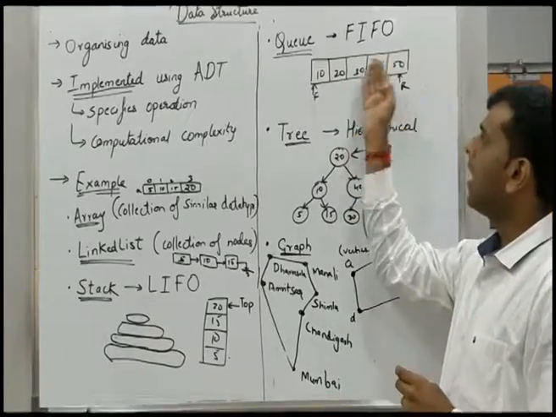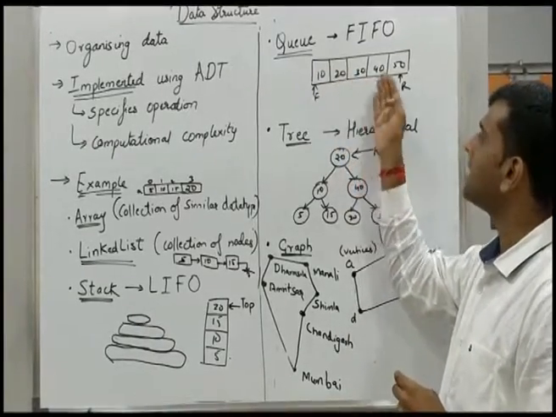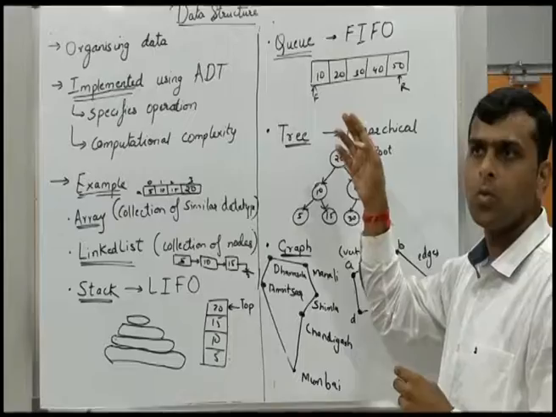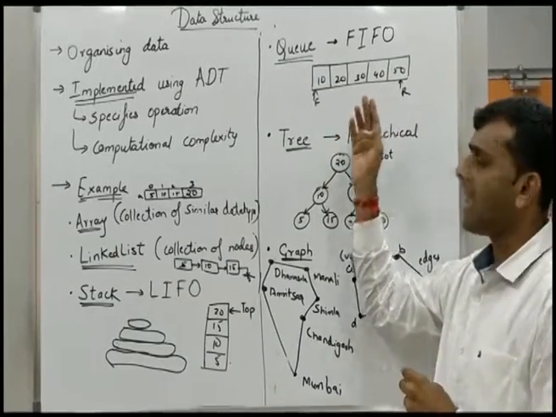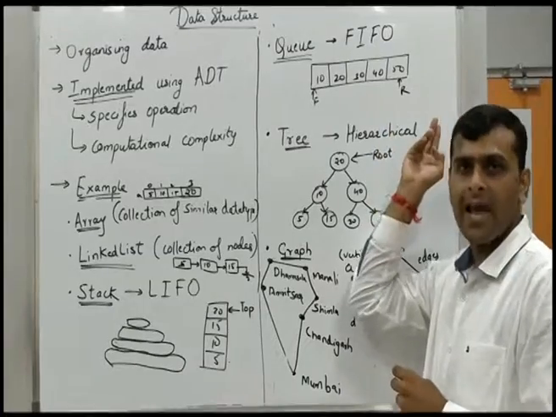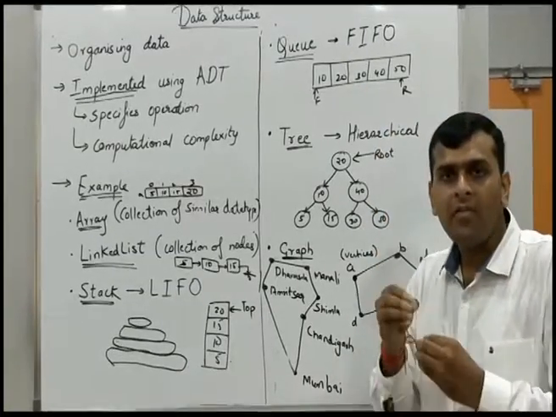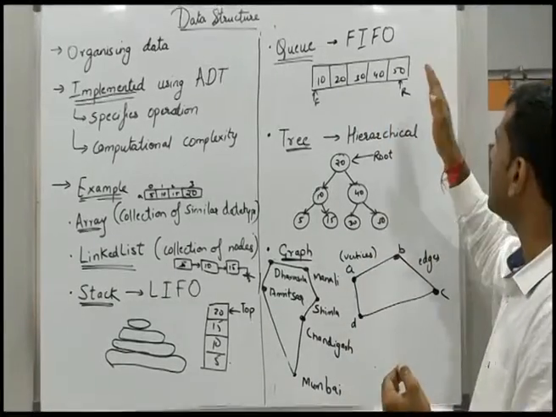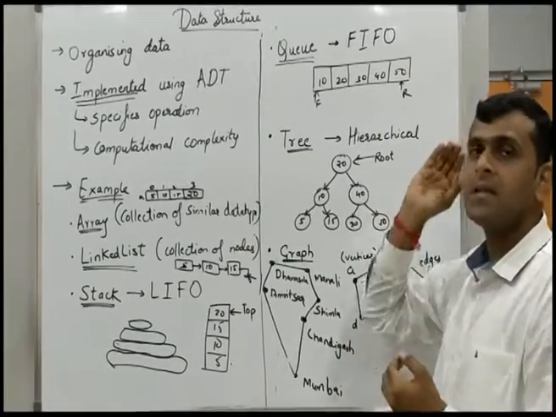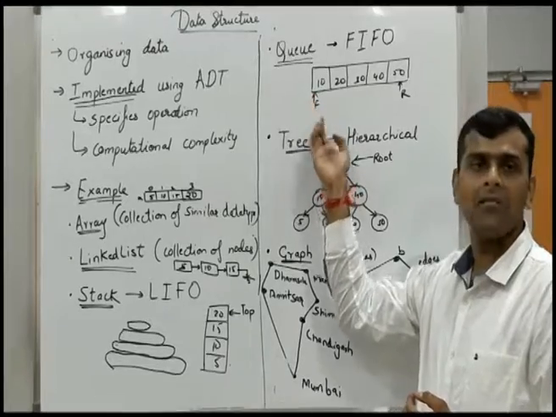Here I have shown a queue where I have stored 10, 20, 30, 40, 50 this information into a queue. There are 2 indicators in a queue. One is F and one is R. F is front and R is rear. So here if any other element wants to come into this queue, it will always enter from the rear. And the retrieval process will always start from